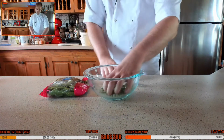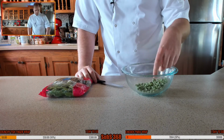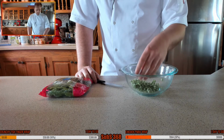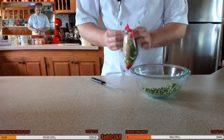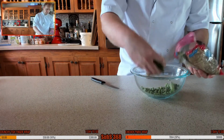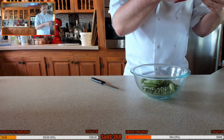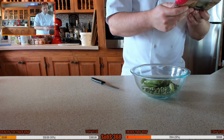Right, peas are out. How much you got there? I'd say about 50 to 70 grams of peas. You don't really need a huge deal. So just gonna let them defrost, and we're gonna chuck them in last minute with the sugar snaps as well. I'm not going to use the whole bag of sugar snaps, there's a lot of sugar snaps to be fair. So I'm probably going to use half a bag, which would probably be about, what, 4 ounces? Yeah, 4 ounces, which is about